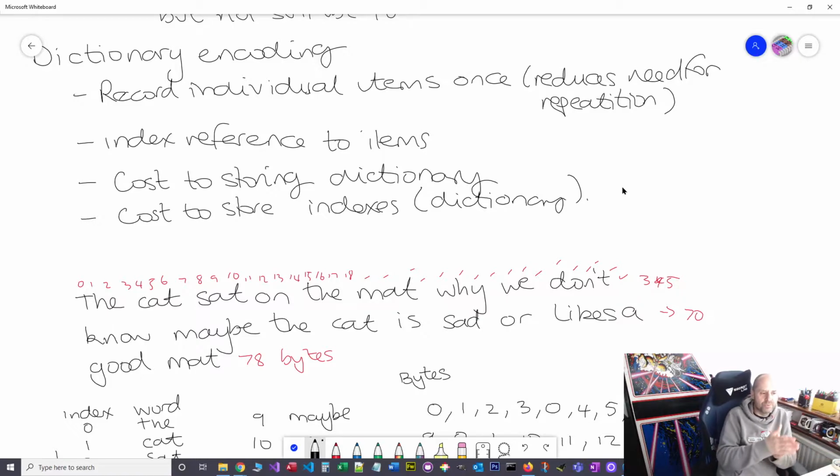So if you try and do this with this small phrase, you'll see that we can get compression, but it would be better if the text was bigger. I don't mean physically bigger, I mean there's more of it. Okay, so the more often we repeat words, the better the compression will be. So there is a cost to storing a dictionary, and there's a cost to storing the references that make up the original text. Okay, now it takes time to process this data, but often you'll use dictionaries in a situation